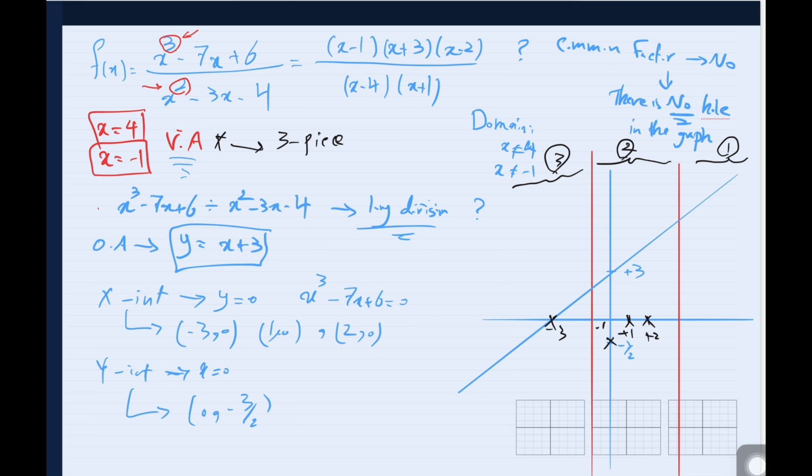And now, if I have a three-piece function, then I have several options to graph it. For the first piece, I have two options: starting in Q1, this is Q1, or starting in Q4. Then which one should be correct here? So then I have to check the ending behavior. And we said for ending behavior,